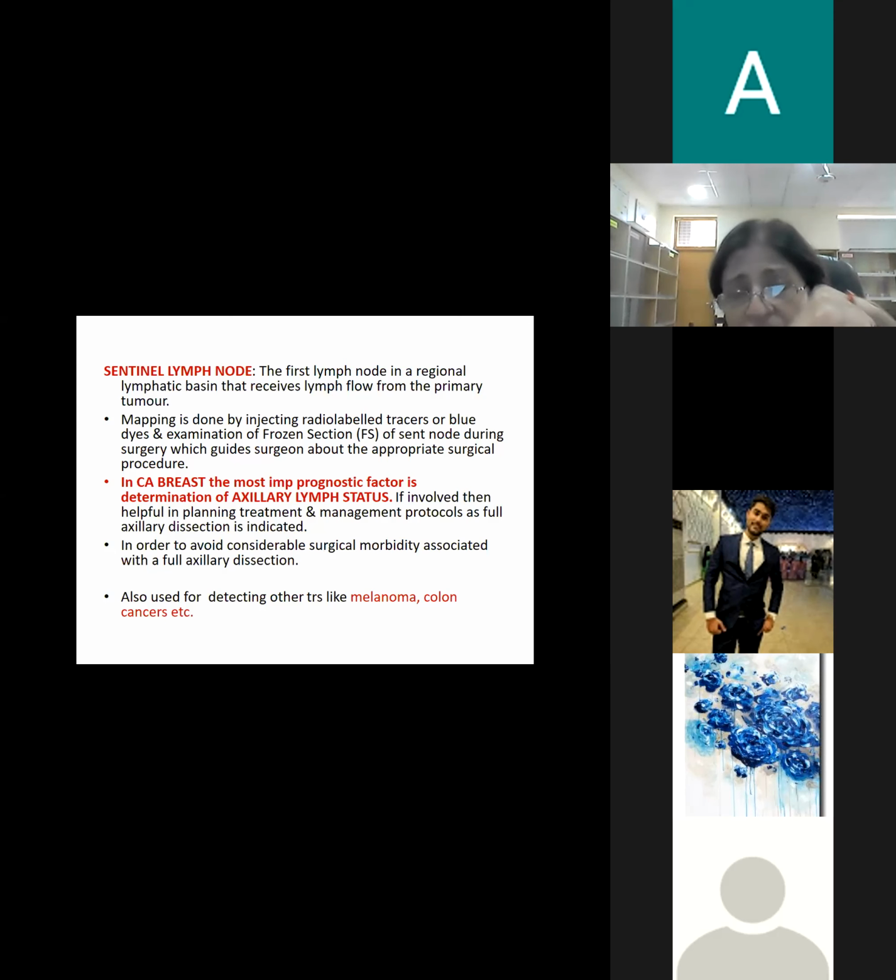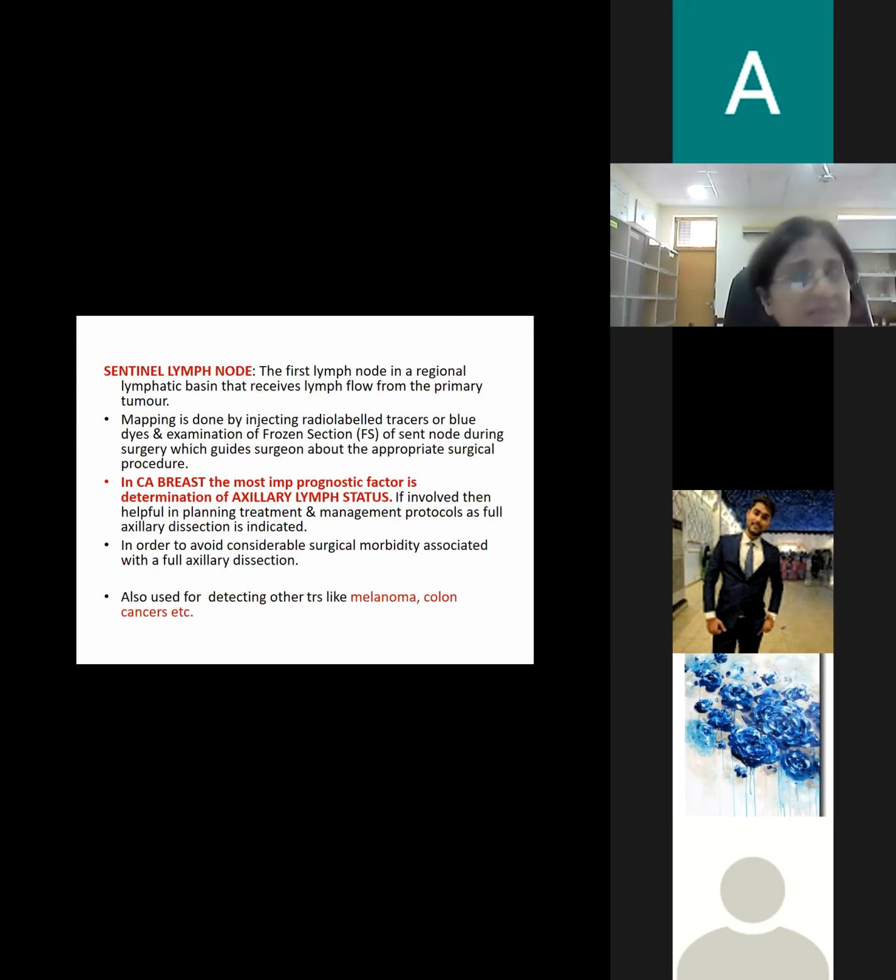If that sentinel lymph node is involved, which is the first lymph node in the regional lymphatic basin, it means the distal lymph nodes are also all going to be involved. If the sentinel lymph node is not involved, it means the remaining distal lymph nodes are also not going to be involved. So you can safely tell the surgeon, उसकी dissection, उसका cancer breast completely remove हो गया, there are no axillary metastatic deposits, you can close the patient. While the patient is on the operation table, sentinel lymph node की biopsy report उसी वक्त दे.